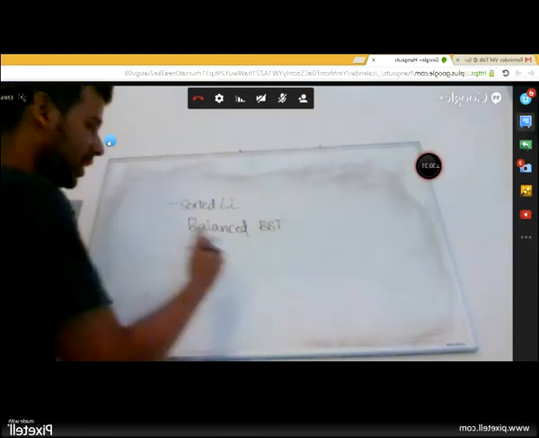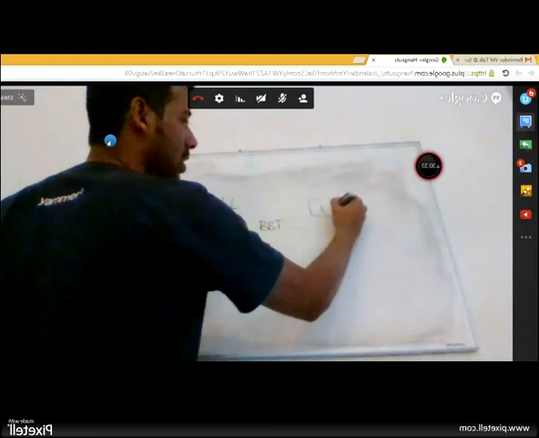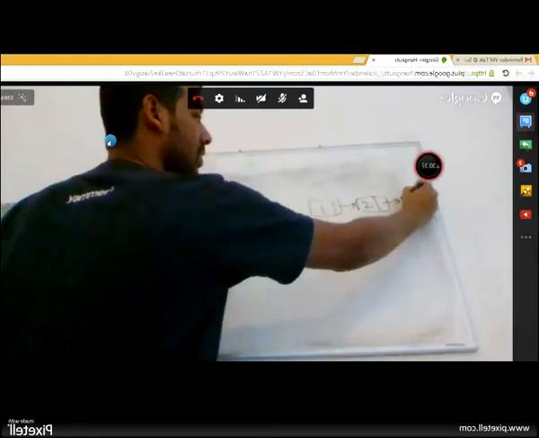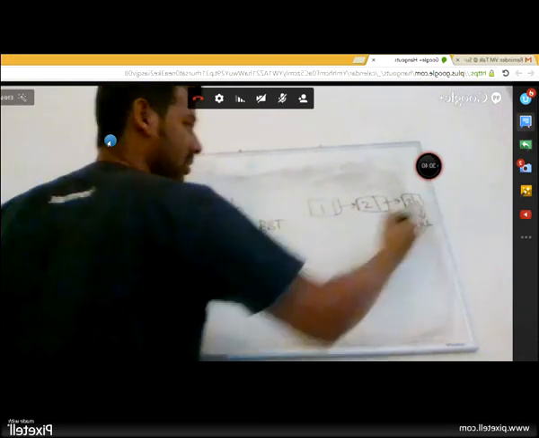So you're given a sorted linked list, which means you have something like 1, 2, 3, something like that.